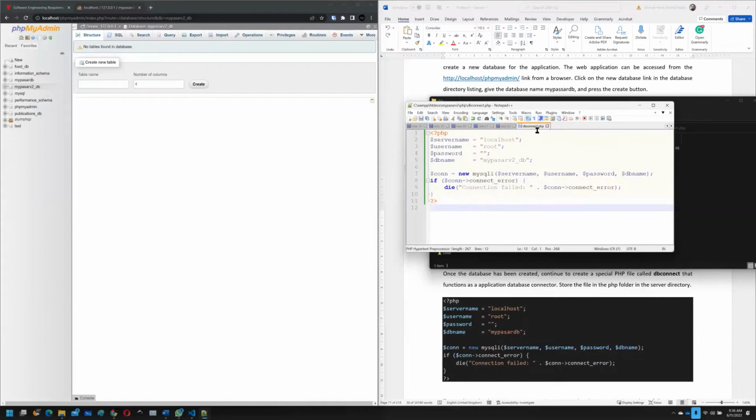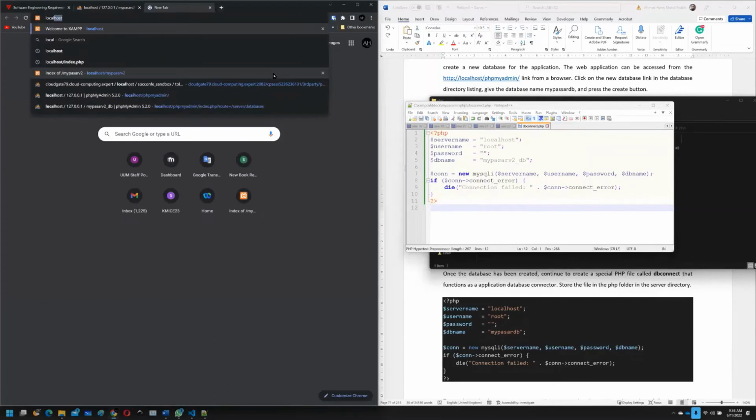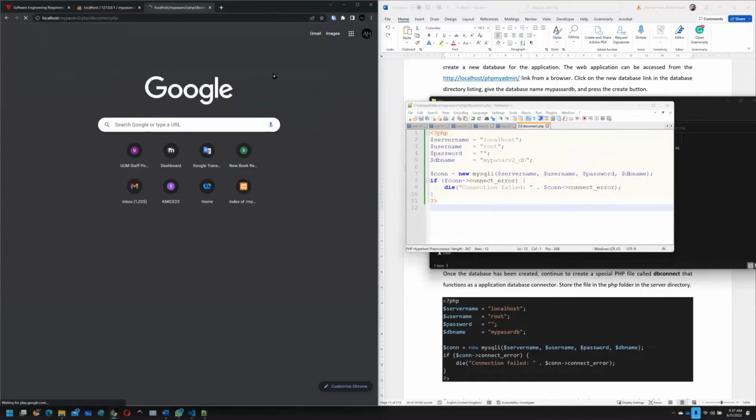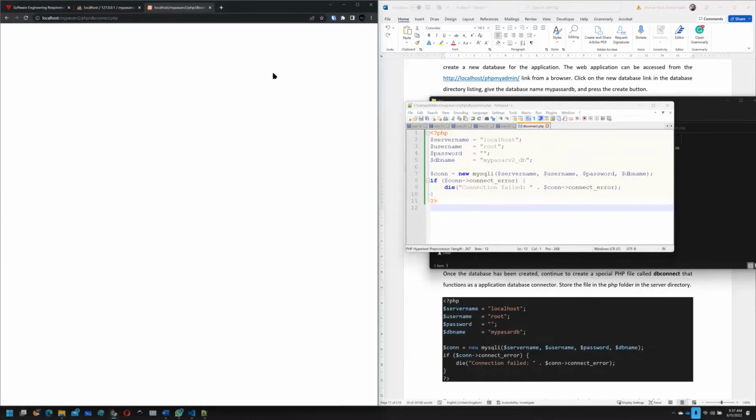by issuing the database connector PHP link. So we have localhost/myparsa v2 under the folder php, and then the file name is dbconnect.php. Okay, and then press enter. If it returns empty, it means that the database connector is working. Okay, so the database connector is working, and then you can use the connector file